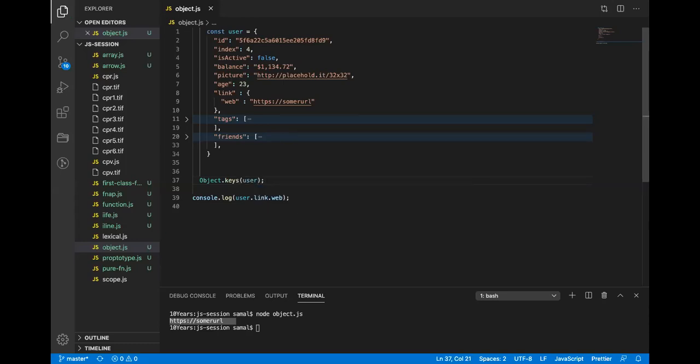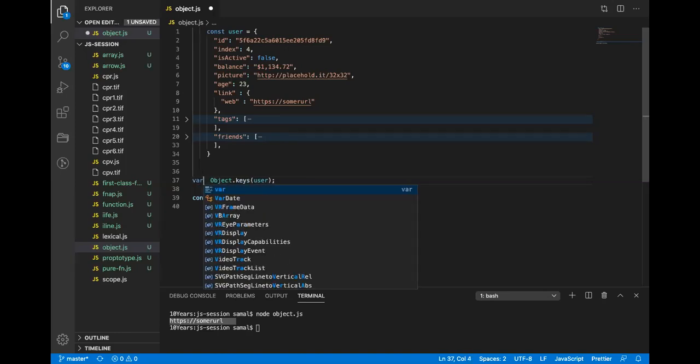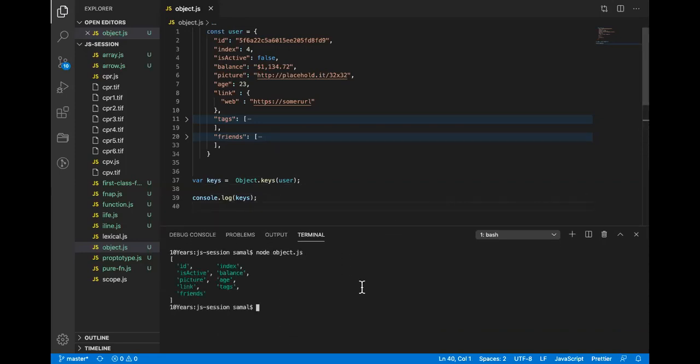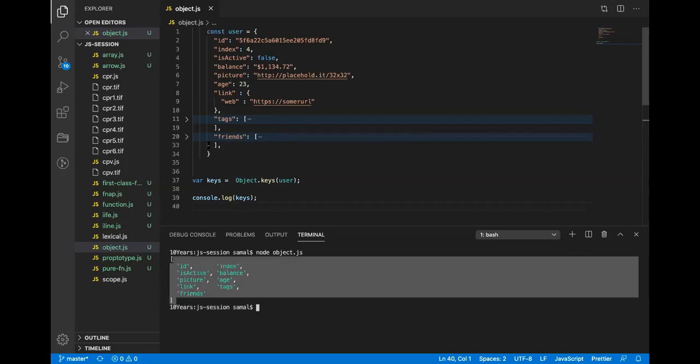It returns a new array. I will say var keys. Because it returns a new array, if I print this, it will print all the keys present in this user object. See, it extracted all the keys. Same way, I can do values.